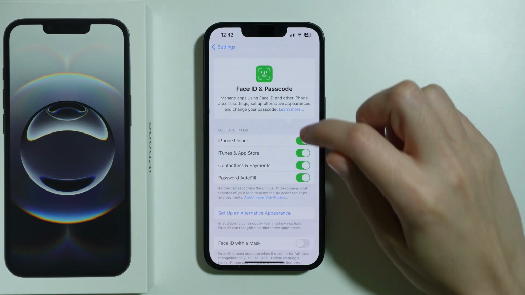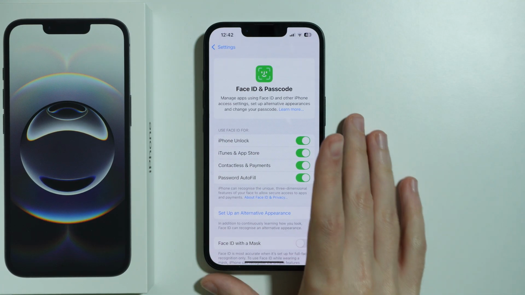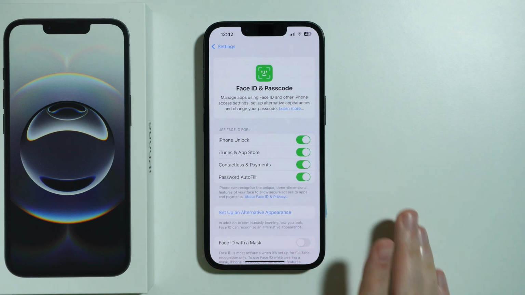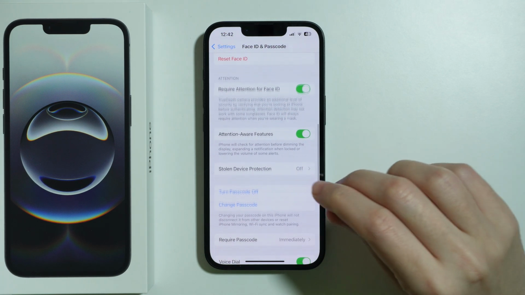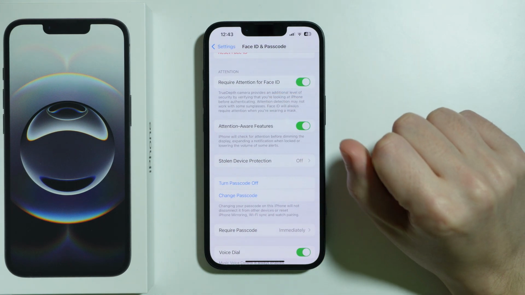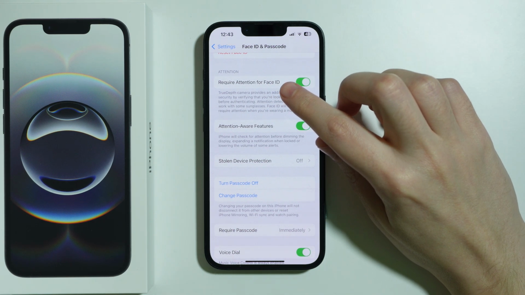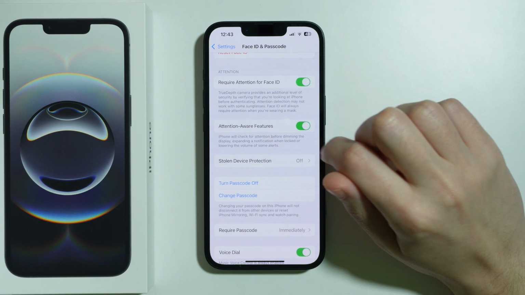We can press done. Over here we can also choose in what cases we can use Face ID, what we can use Face ID for, and that's pretty much it. Over here we can also find some attention settings like require attention for Face ID, attention aware features, and so